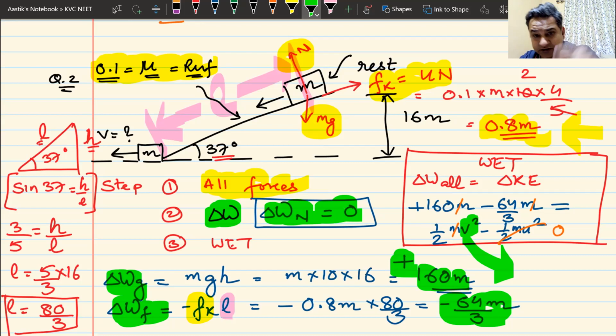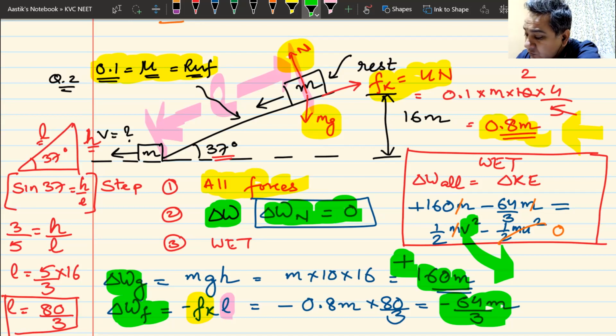Because now the next question is what you are supposed to do. And if you can do this question, this is probably the most difficult question that can come in this chapter for you. Even this question may not come. So this is just too tough. Anyway, we will be doing it so that if it comes, you have an edge over other students who probably would not have done a similar question.